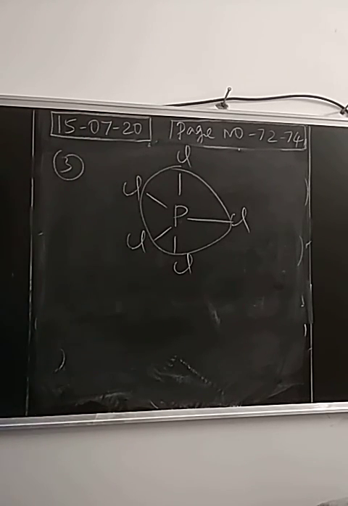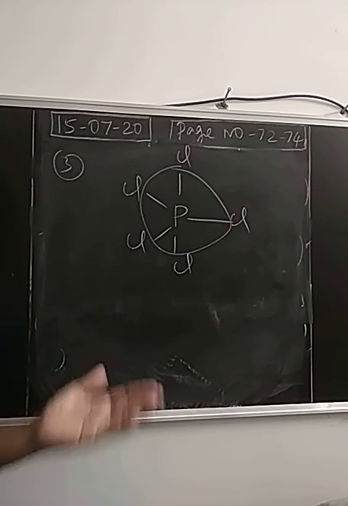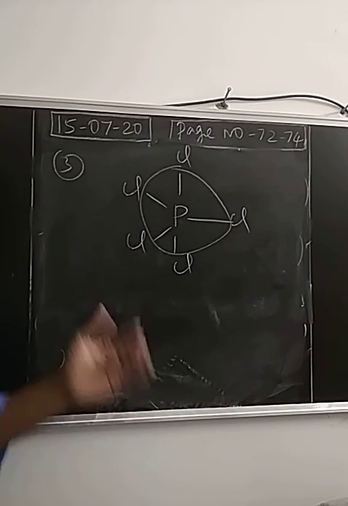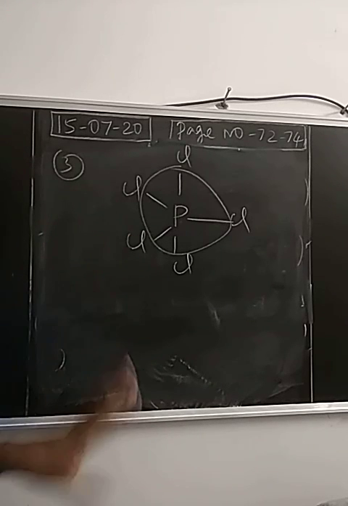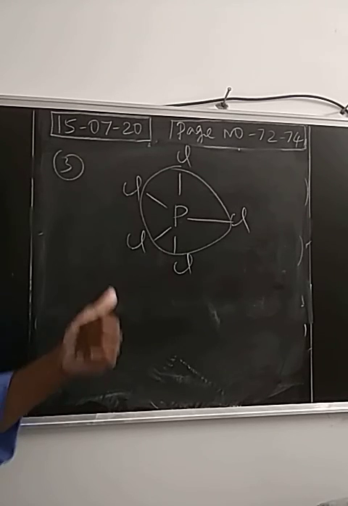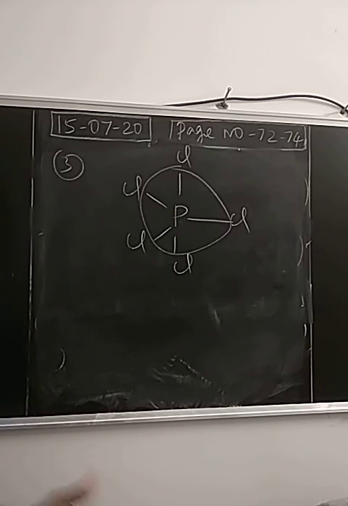So the full derivation is not given in the book, right? How will you derive the Lewis dot structure for sulfur hexafluoride and phosphorus pentachloride? The formal charge calculation has not been given in your book. If you are willing, you just try it yourself, right? Calculate total valence electrons, then finally draw the Lewis dot structure, calculate the formal charge, then you can say that the central atom has more than 8 electrons, which is not obeying the octet rule, but this is the preferred structure.